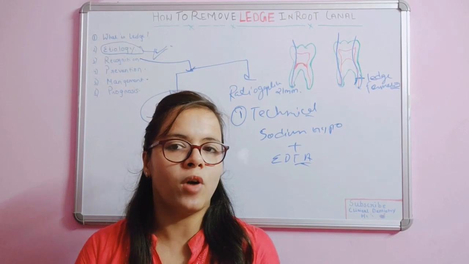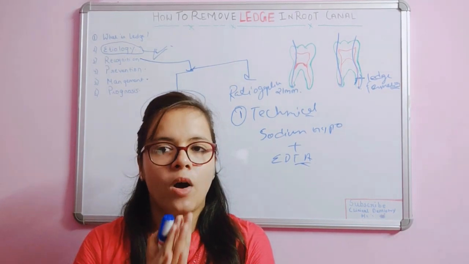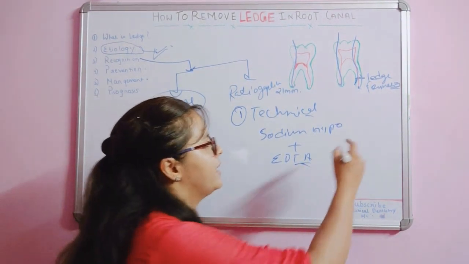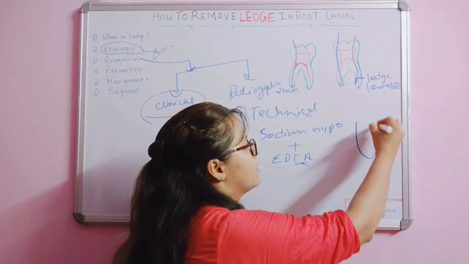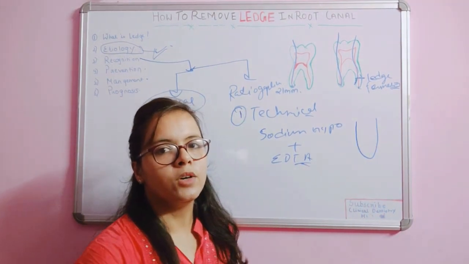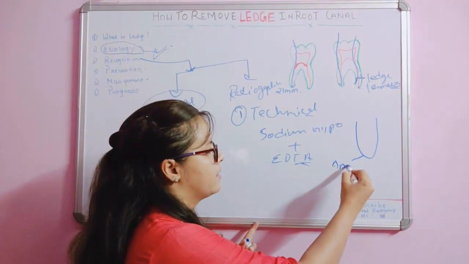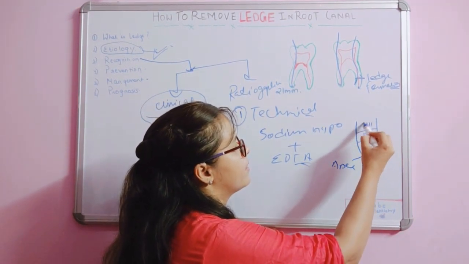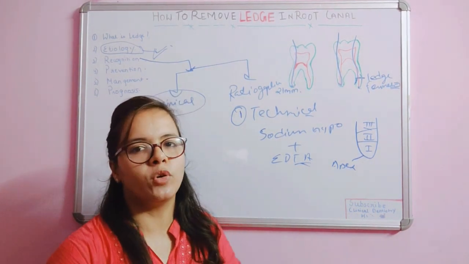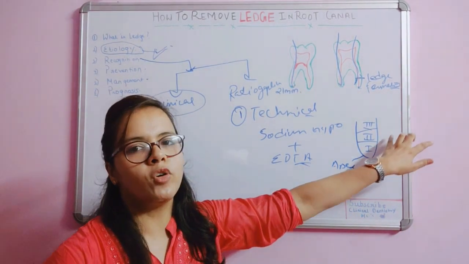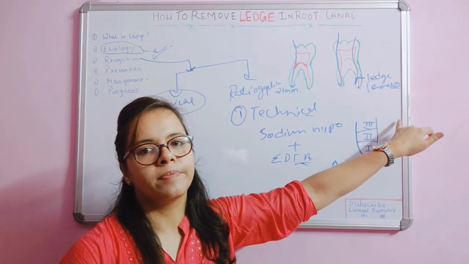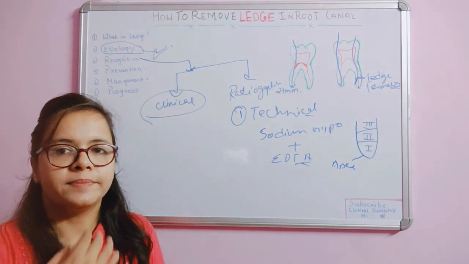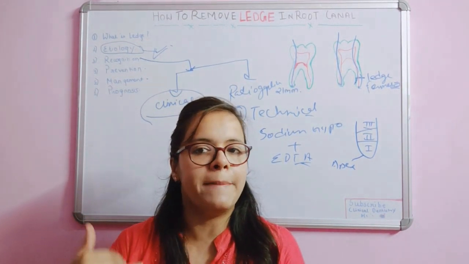Secondary is commonly followed technique is the passive step back technique or you can say the balance force technique. What you have to do in passive step back technique considered is to be a part of a root. This is the apex. So what basically you have to do is that in this step back technique first you have to do the apical preparation, then you have to do the middle and then coronal preparation. Whereas in passive step back, with this technique you should use a balance force technique also.